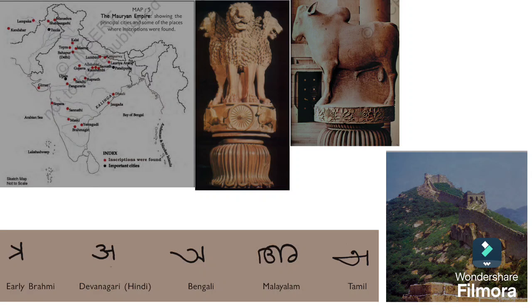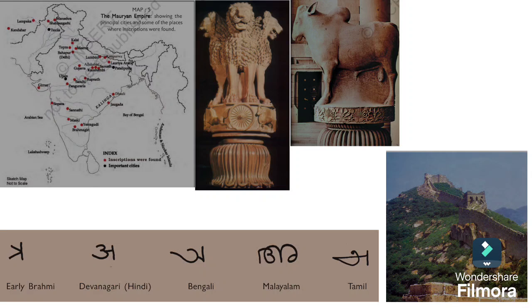The cities with red dot are Kandhar, Lampak, Shehbazgarhi, Mansehra, Kalsi, Topara, Bahapur, Delhi, Meerut, Lumbini, Rampurva, Lauria Araraj, Sarnath,